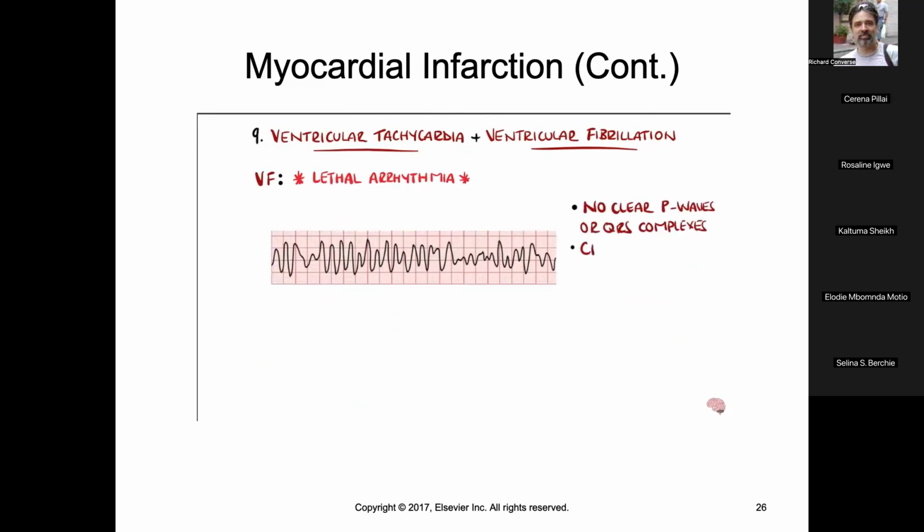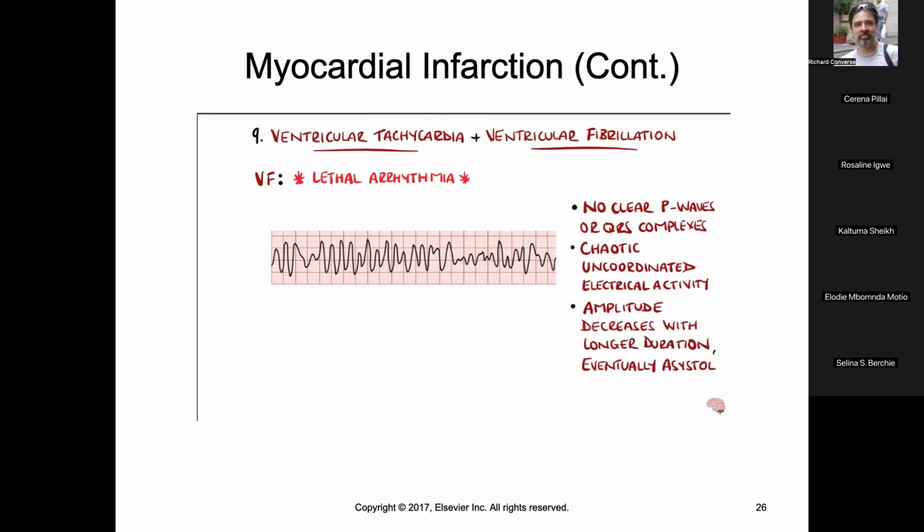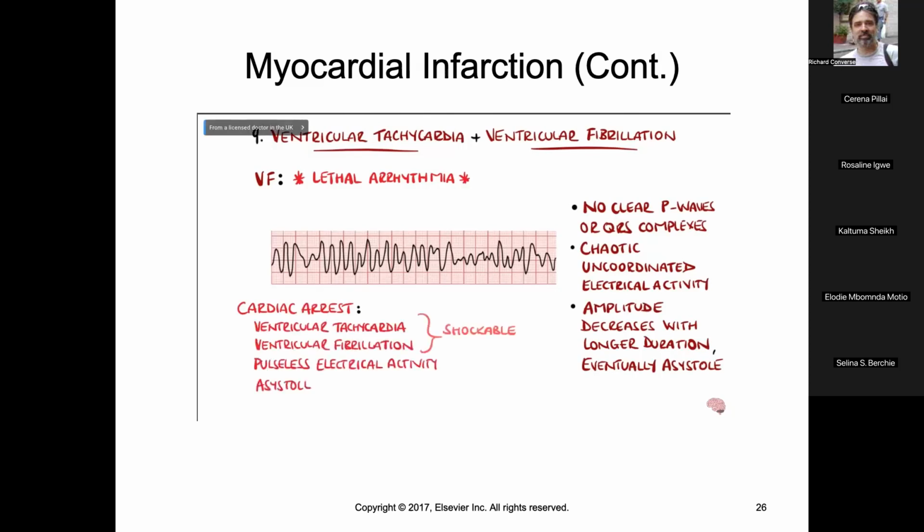The ECG features chaotic electrical activity of varying amplitudes, with the amplitude correlating to duration. As time goes on, it reduces until asystole is reached. These two arrhythmias are associated with cardiac arrest, defined as cessation of normal blood circulation due to failure of the heart to pump blood, and are the two shockable rhythms in cardiac arrest, the non-shockable rhythms being pulseless electrical activity